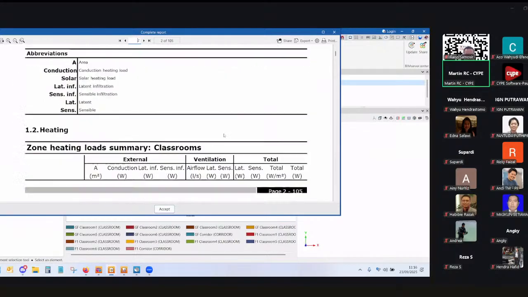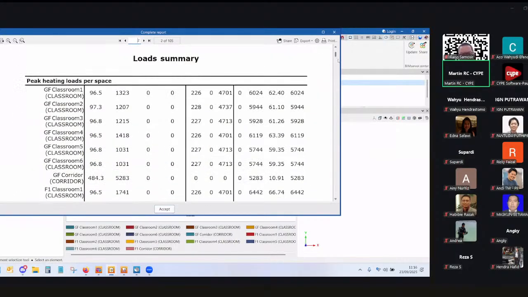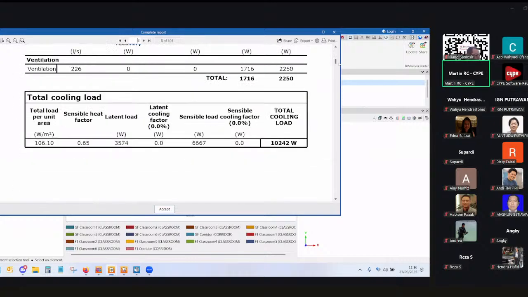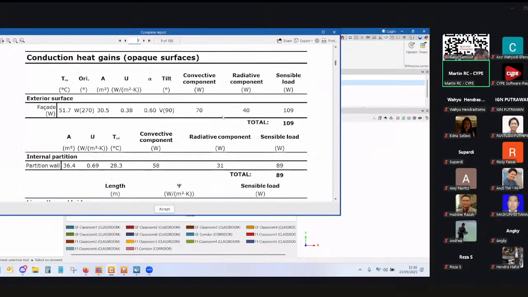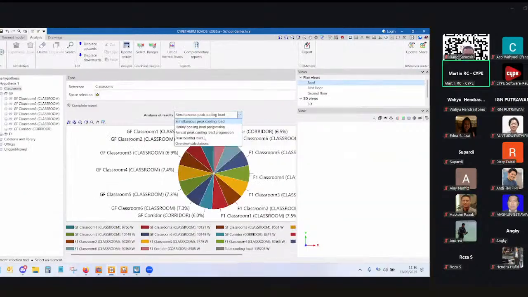This is a small example on maybe checking out what we have. We have, of course, a breakdown of each of the calculations. This is 100 pages there. Actually, having the graphs per classroom, per zone. If it was a housing project, it would be house per house, room by room, right? Overview calculations. So we have the graphs there. And not only that, we also have the reports about the materials, the description,